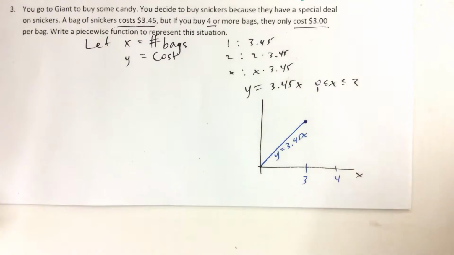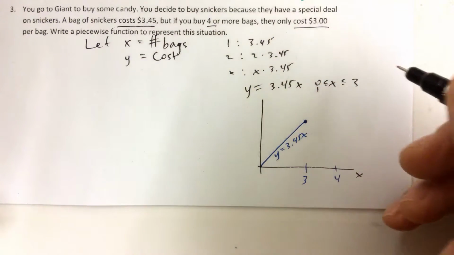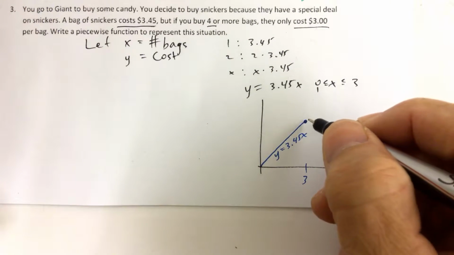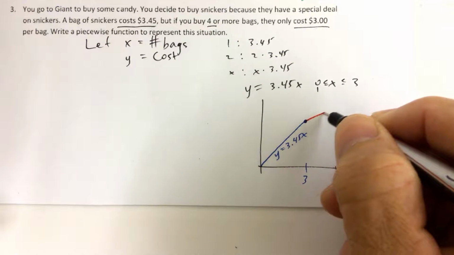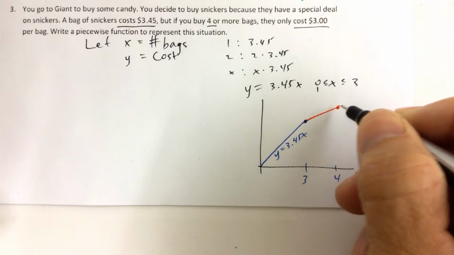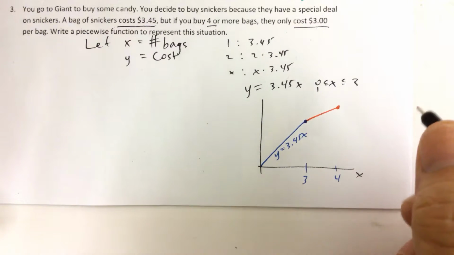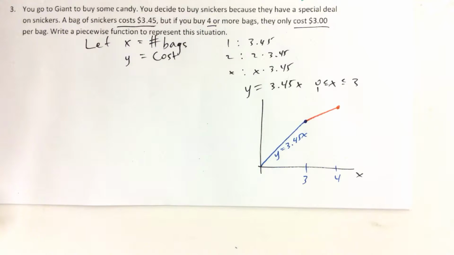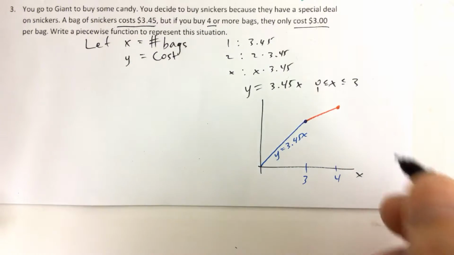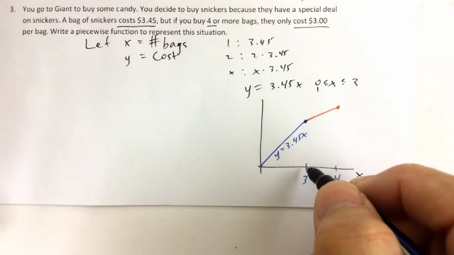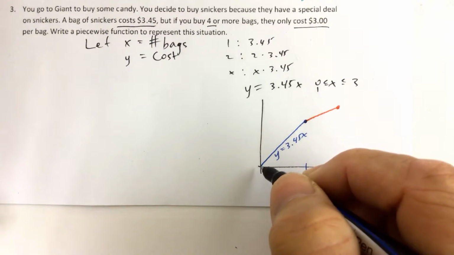But then what happens after that? You can't buy half a bag, but after that, you would recognize that you're only going to be paying $3 per bag. So the rate at which the cost is changing would not be as great as in the beginning. Buy more bags, pay less per bag. So my strategy here, as I've shared, is that you figure out what the first piece looks like